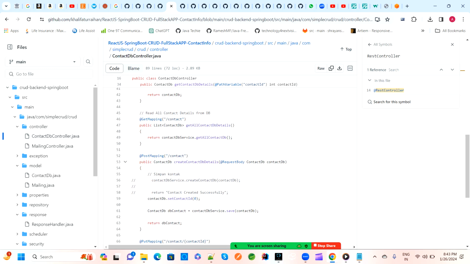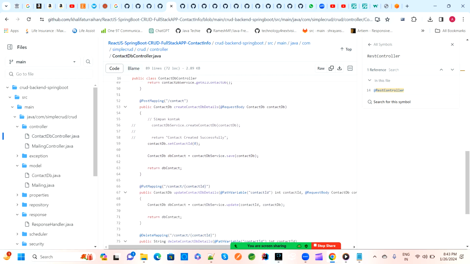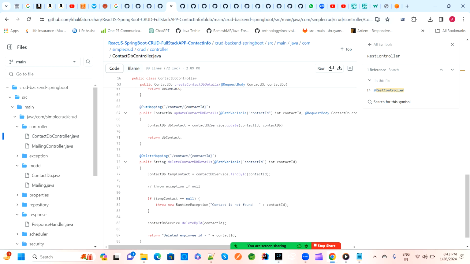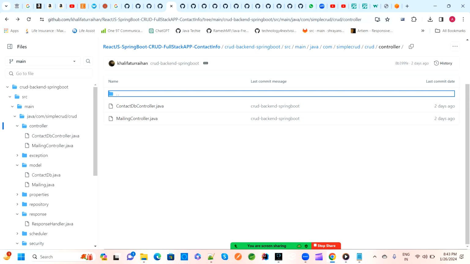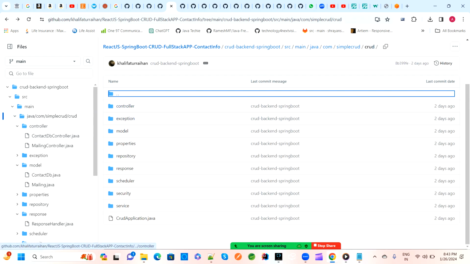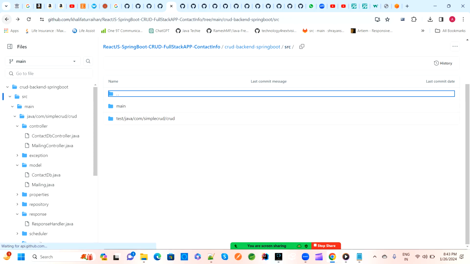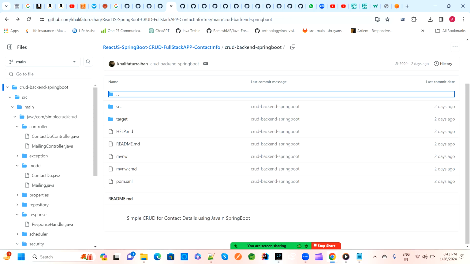So in this contact we have read all contacts, update, delete all contacts, modify all the contacts, right? Like that we have multiple database operation APIs. So controller means REST API call, service means business logic, and repository means database call from the backend. And then the front end, if you see here,